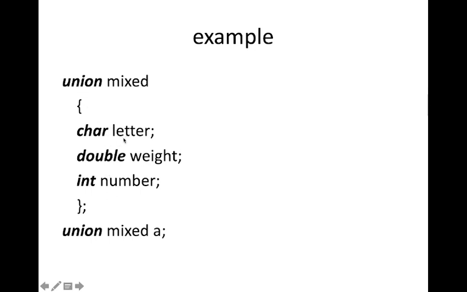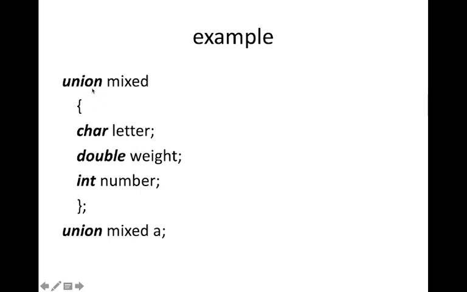Then if you have a union like this, and you are declaring union mixed of, and you are declaring a variable a. Now for a, how many bytes will be allocated? You have a character, a double, and an integer.